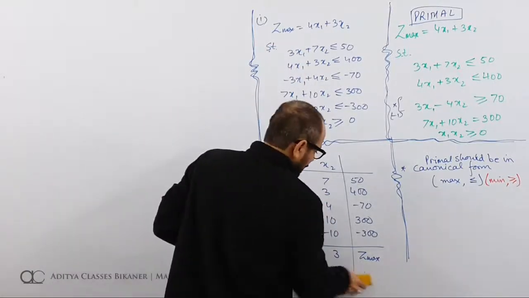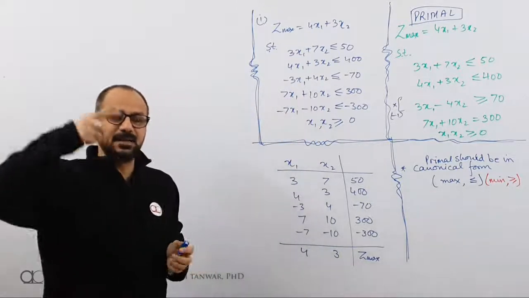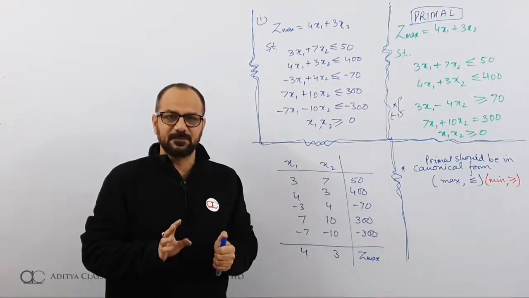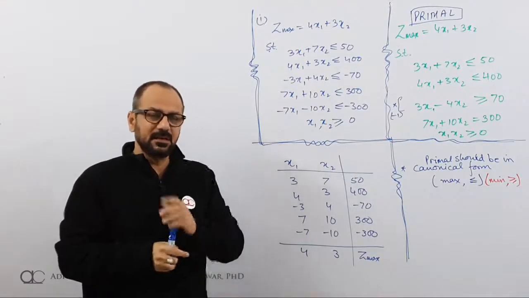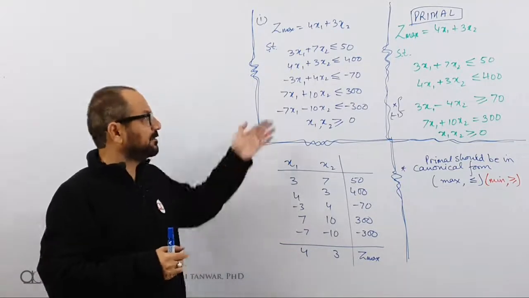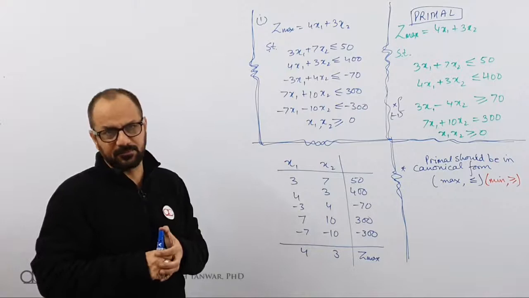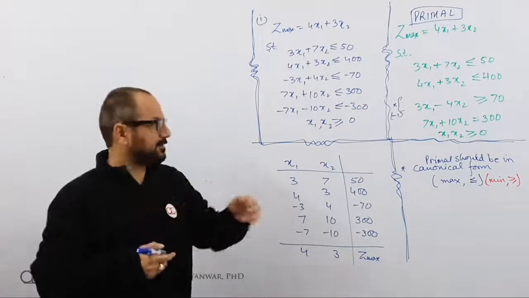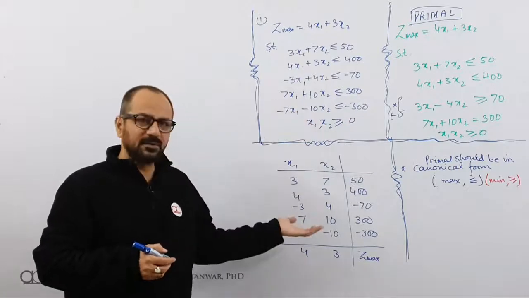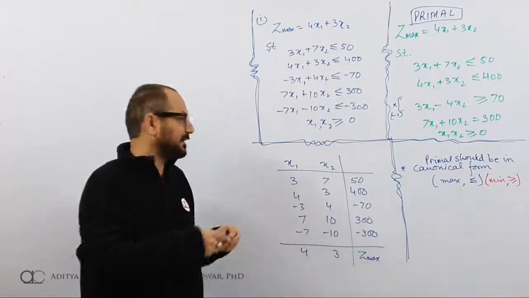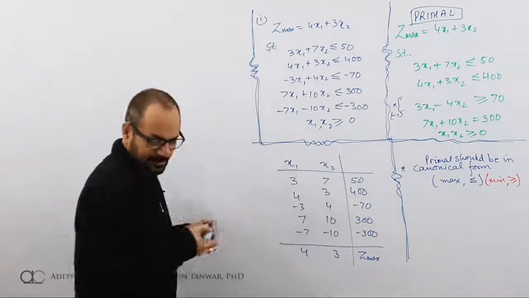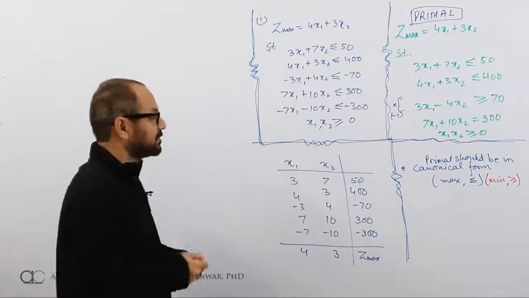All done? What I have done is, if you have seen the previous lecture, this is a reverse engineering of the complete process. In the previous lecture, we had a problem. From that problem, we came down to a table. From that table, we came down to problem formulation. This time, we have gone for the reverse process. I have converted my given problem into canonical. From canonical, I have formulated a table. And from this table, I can get into my dual. This will be the first step towards formulation of dual.